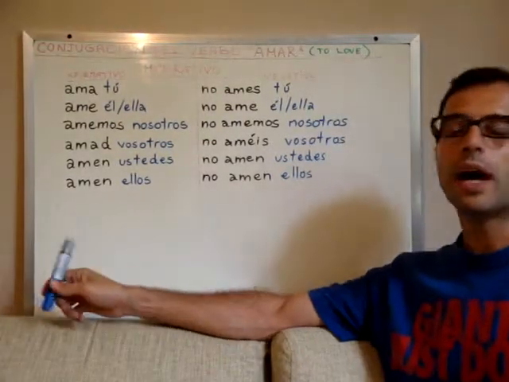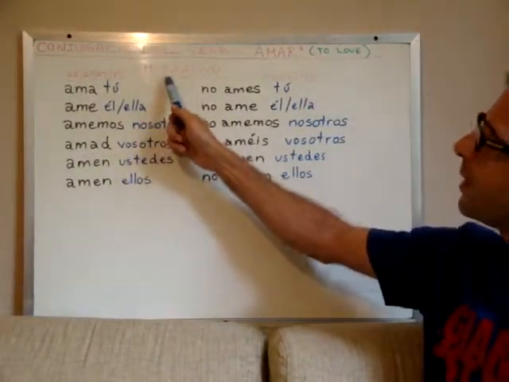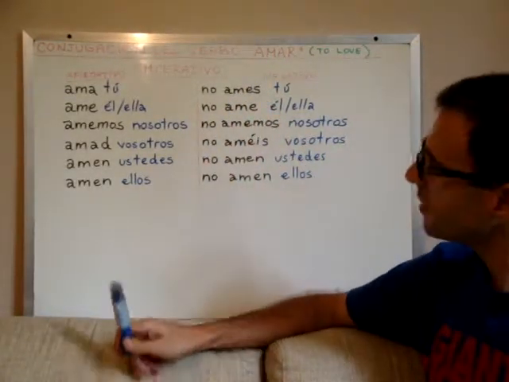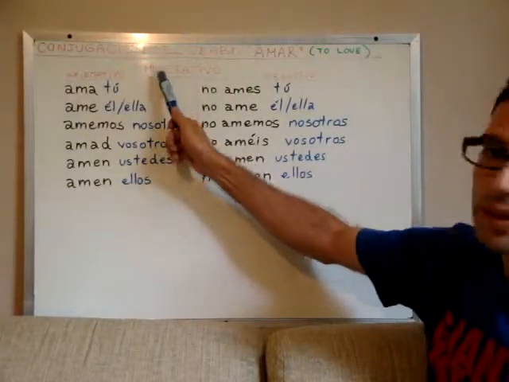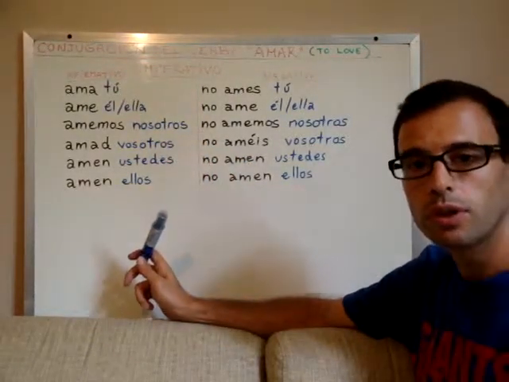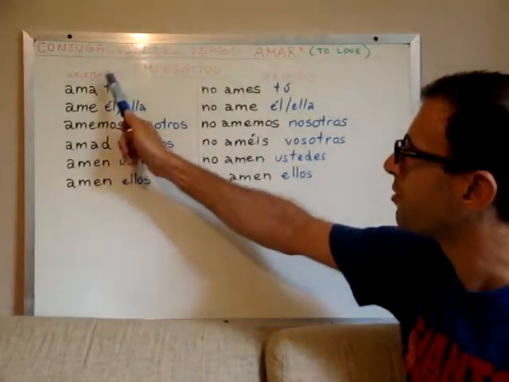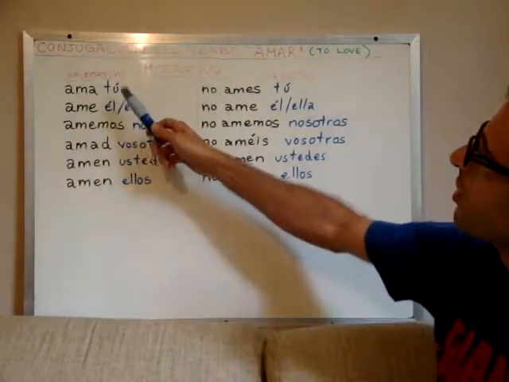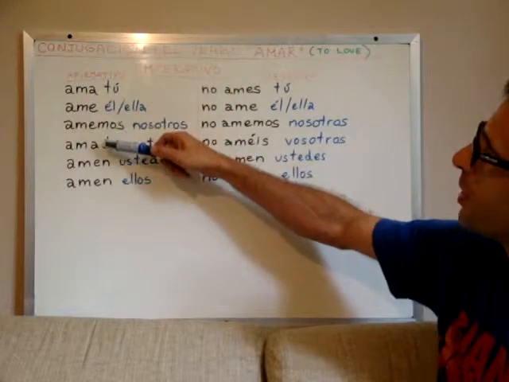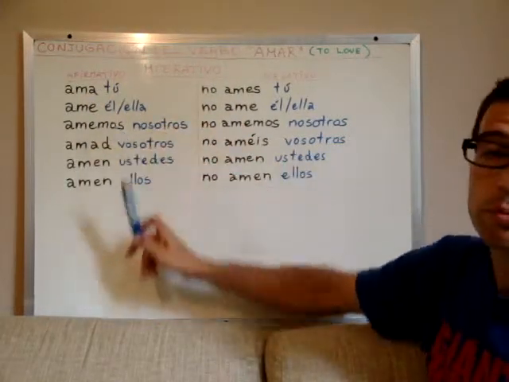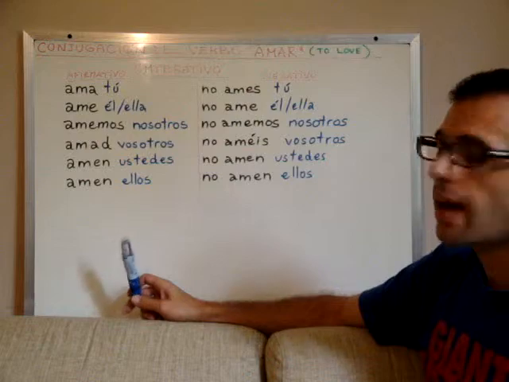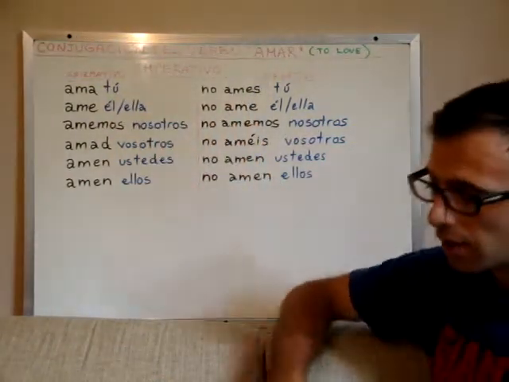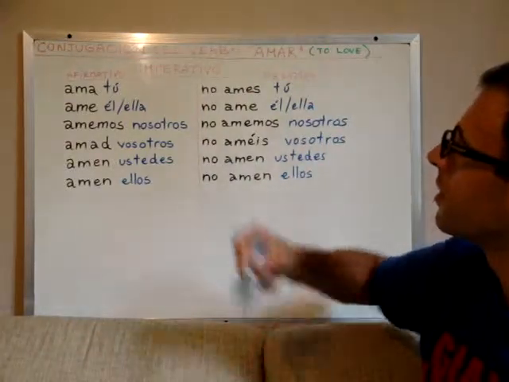So let's continue now with the imperative tense of the verb amar, okay? The imperative tense in Spanish has two conjugations, one for the affirmative and one for the negative. Why is that? Because there are two of the subject pronouns or persons that have a different conjugation for affirmative and for negative, and those two are